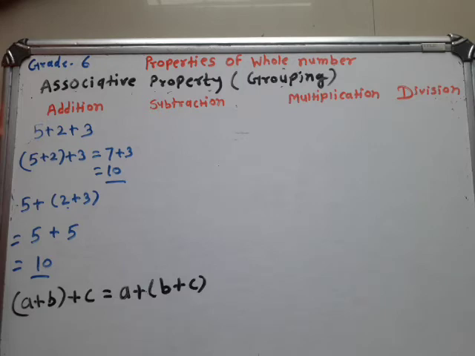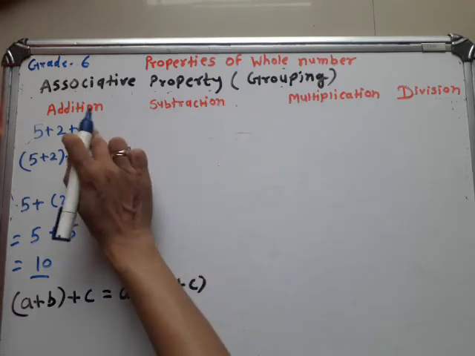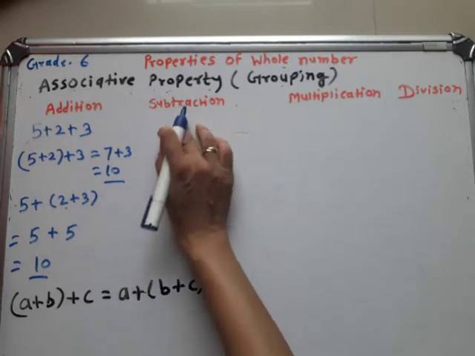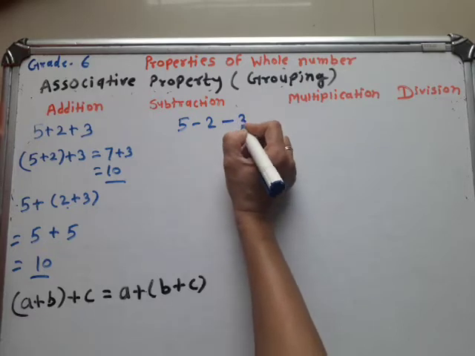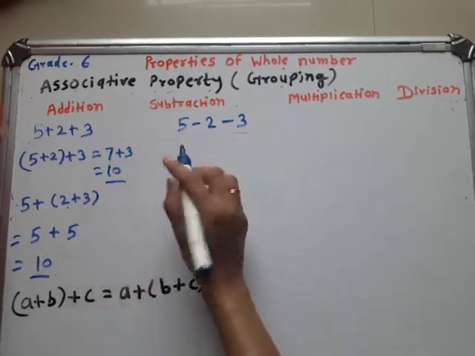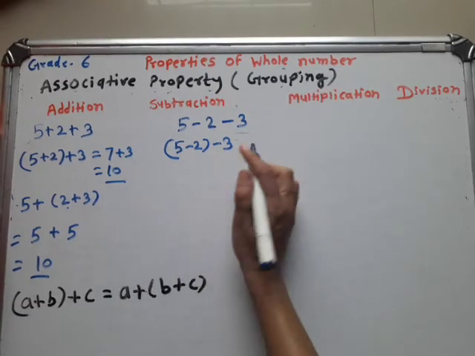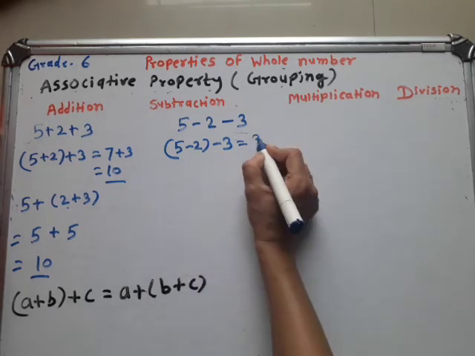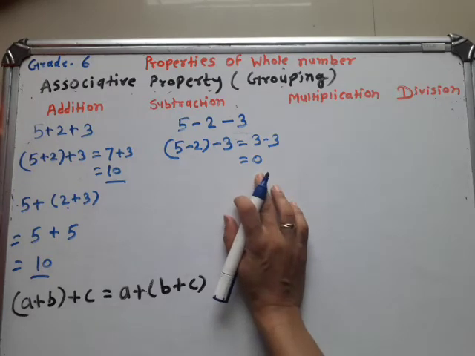Okay. Then C for subtraction. Now, suppose we subtract three numbers. The grouping in which they are subtracted is important. Suppose here again we take these three numbers: 5 minus 2 and minus 3. We take the same three numbers again. So 5 minus 2 we take in the first bracket, or first group. Then what is your answer? 5 minus 2 we get 3, and 3 minus 3 we get 0. Here we get a whole number, 0 is a whole number.